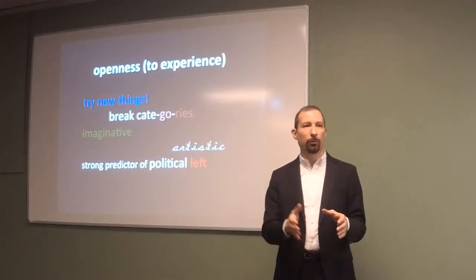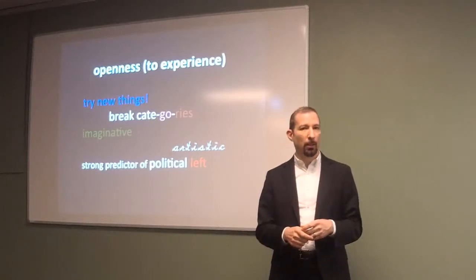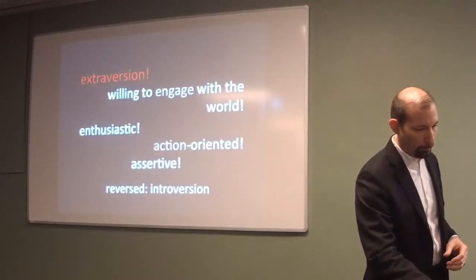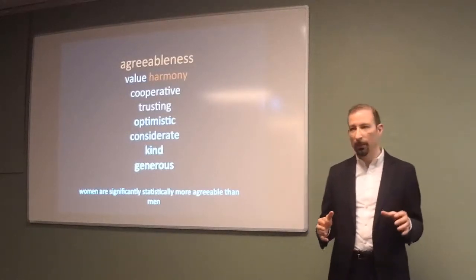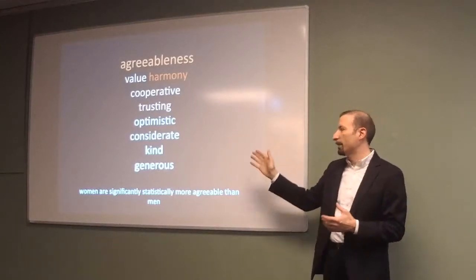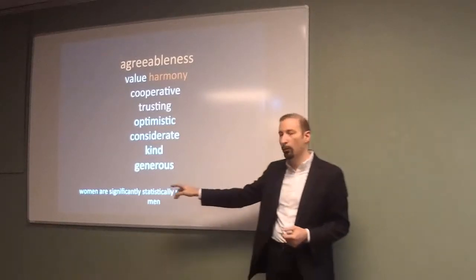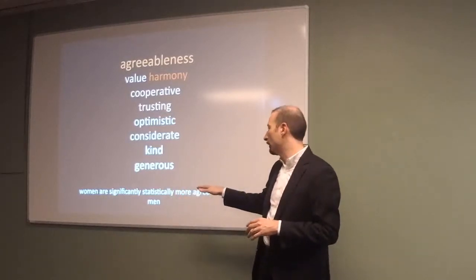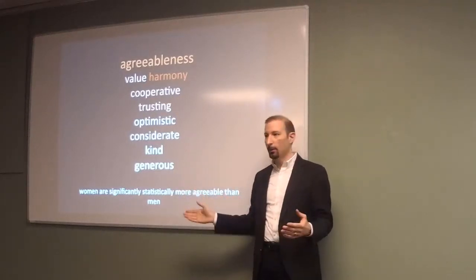So there's some range by which you can vary your personality, right? And a great example of this will be agreeableness has its pros and cons. And in fact, let's just jump ahead and do agreeableness because it's a good opportunity to talk about it. If you're agreeable, that means that you have these properties. You value harmony, you're cooperative, you're trusting, optimistic, considerate, kind, generous. Those are all nice things. And actually, this is the first of the 2 traits that are statistically, significantly different between women and men. This one, women are higher in trait agreeableness, which sounds like a good thing, and it is a good thing